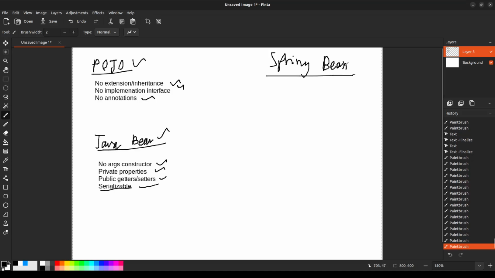Spring Bean is also a concept, but you have to actually put in the Bean annotation and Component and things like that in Spring. So yeah, I don't fully understand this concept 100%, but I'm going to explain it the way I understand it right now. So before talking about Spring Bean, we have to talk about the life cycle of objects.